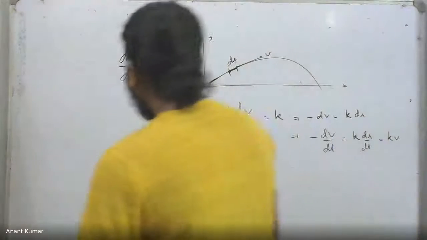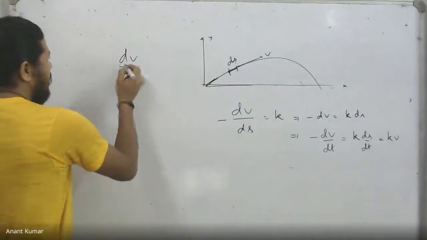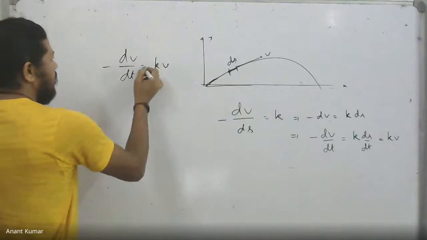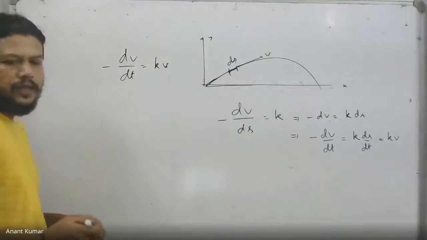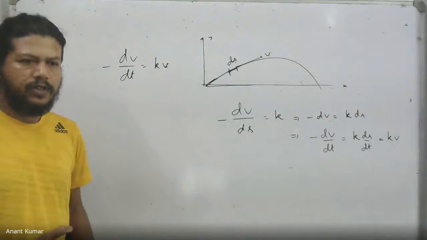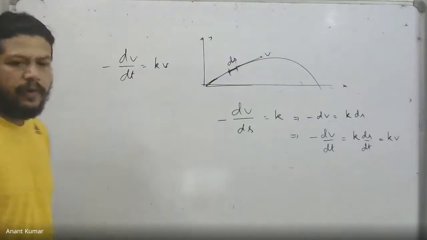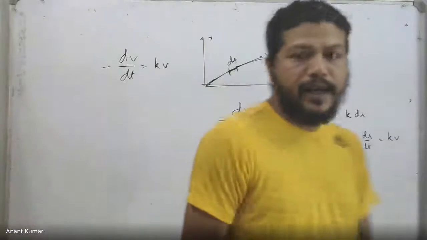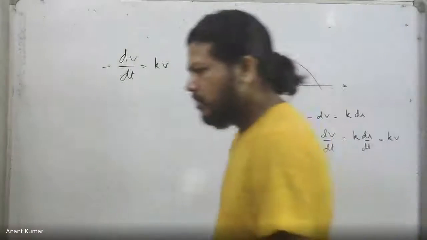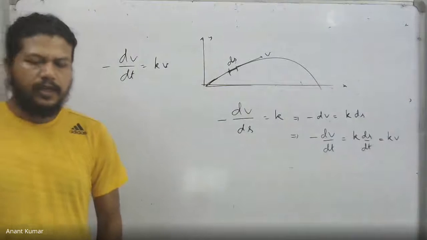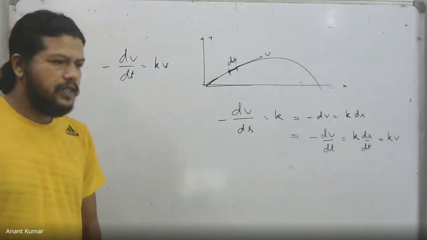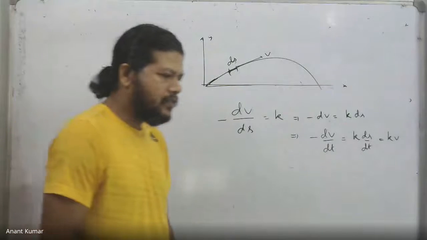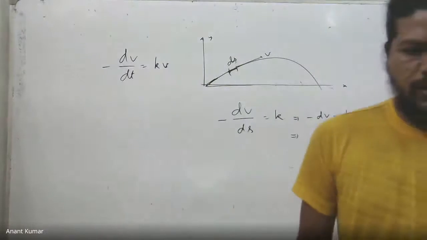You see, in this case the actual equation you've got is d by dt with a minus sign equal to k into v. d by dt is the rate at which the speed increases, minus d by dt is the rate at which the speed decreases. So this is the rate at which the speed decreases, not the x component velocity. However, as I said earlier, in this case you were able to get the correct answer because this gives rise to the same equation that you were using actually.